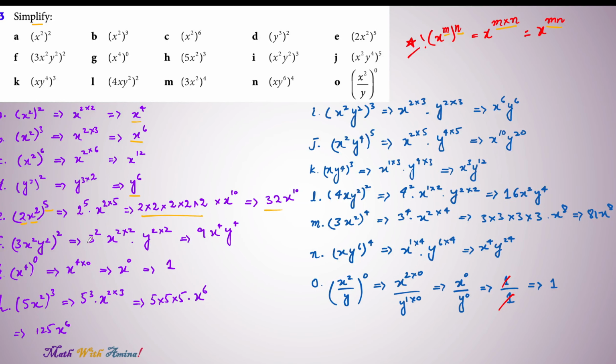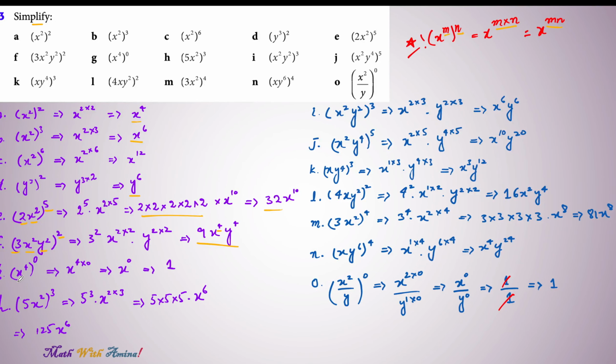Next we have the expression 3x squared y squared whole squared. So again the square applies to the coefficient and the variables both. So it will become 3 squared. X, again we apply power of a power law. So when a power is raised to a power, the indices are multiplied. So 2 multiplied by 2 gets 4. In here y also had the power of 2, so 2 multiplied by 2 is equal to 4, and 3 squared is equal to 9. So the final simplified expression we get is 9x raised to the power of 4, y raised to the power